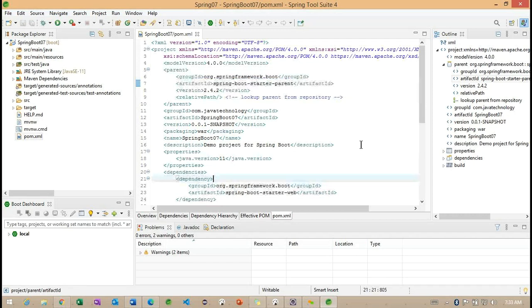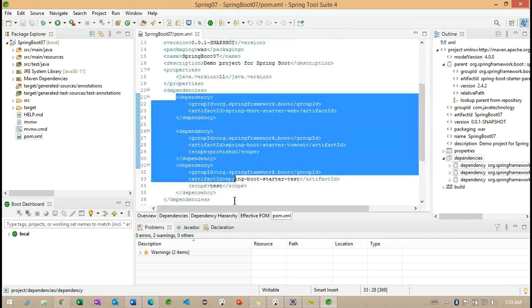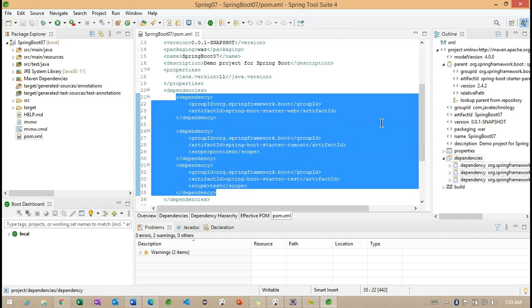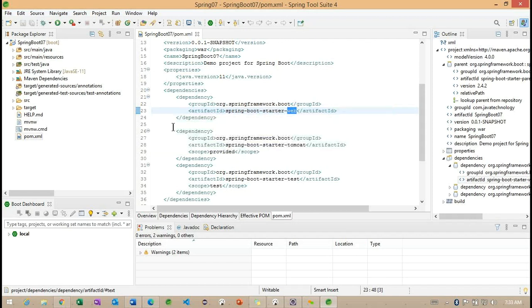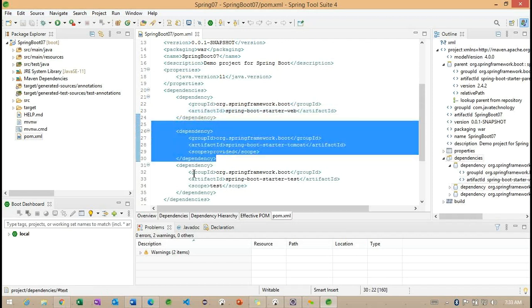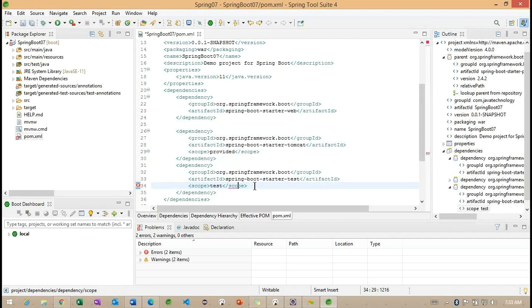Based on this particular parent, internally, whatever dependencies we specified are going to be downloaded. Observe here, we specified only one. Whenever we specify the web, by default this particular Tomcat is going to be added, as well as some test dependencies. Right.